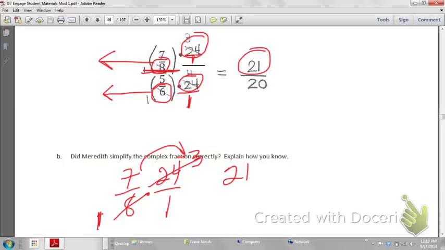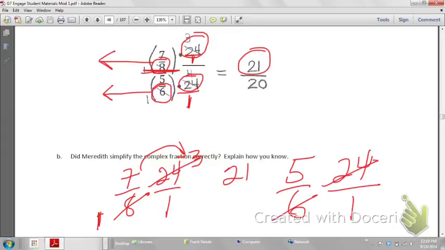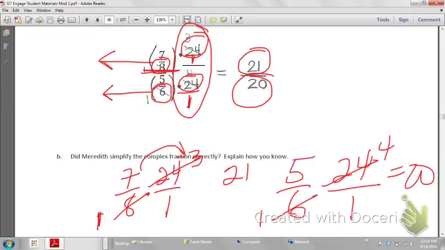And then she did it with the 5/6. Well, same thing. Okay, and boom, boom. This is 1, this is 4, and that equals 20, and that's this portion of the fraction. Okay, now you can indeed do this, and yeah, she did a good job with that. I wouldn't necessarily recommend it if you don't quite understand it yet, but you can indeed do it, because what